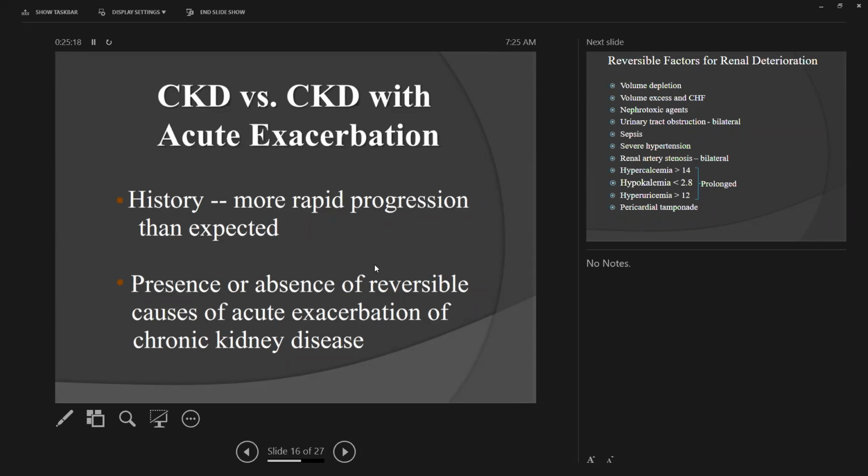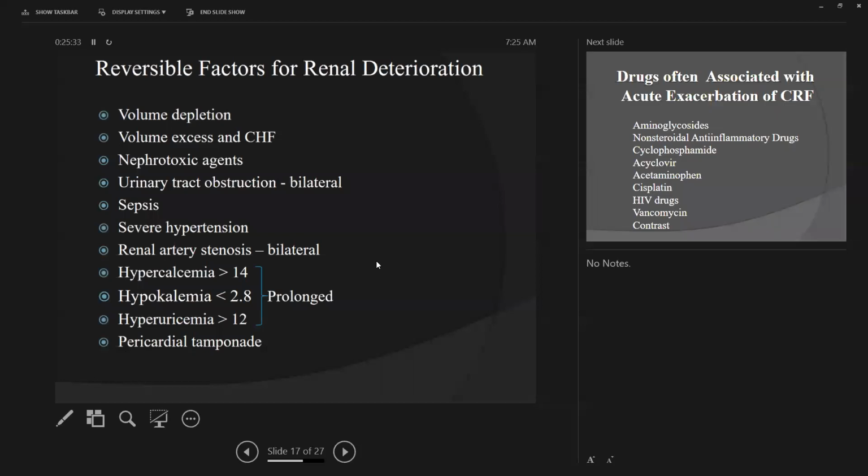And the first thing you need to look for are there any reversible problems here? Because if you just pass them off as chronic kidney disease, you're not going to do anything for the patient. So you look to see if there's anything that you can fix. And of course, volume depletion is the number one thing. But remember,